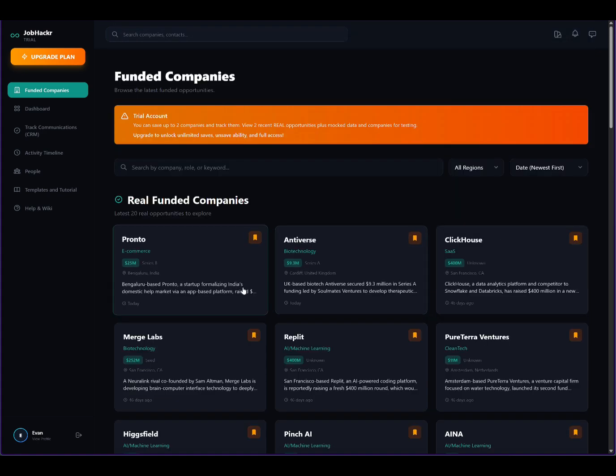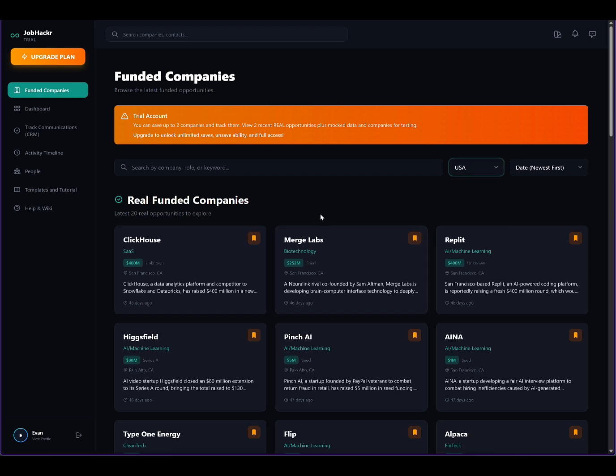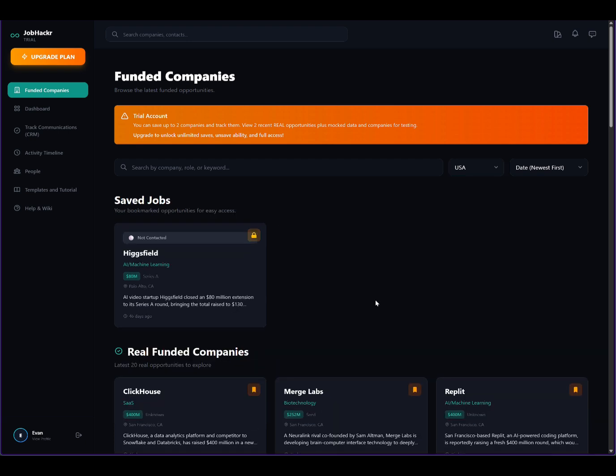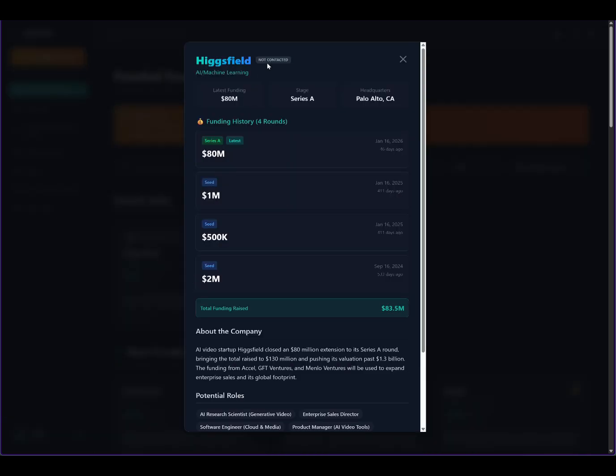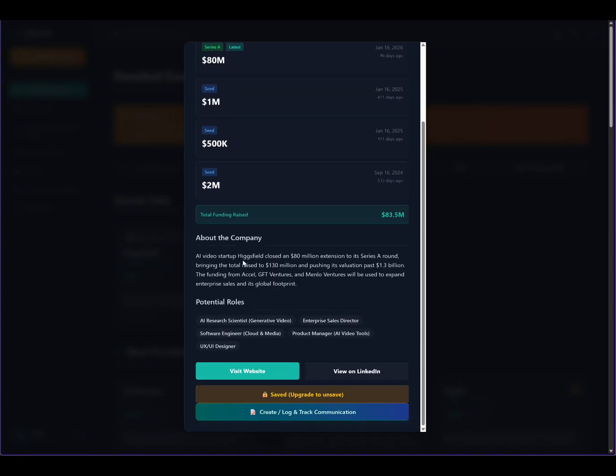The most important thing when you get to the funded companies is you choose the companies you want to save. The companies you save are the companies that you'll be able to log communications and use the CRM on the paid plan. So for instance, I saved a Higgsfield company here. You can see all their information about the funding, about the company, how much they raised, and then you can check